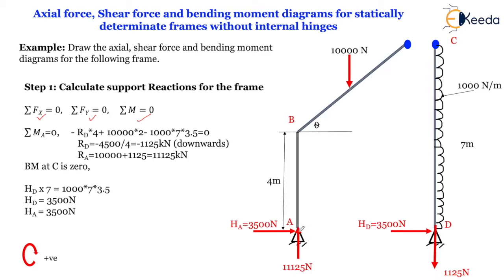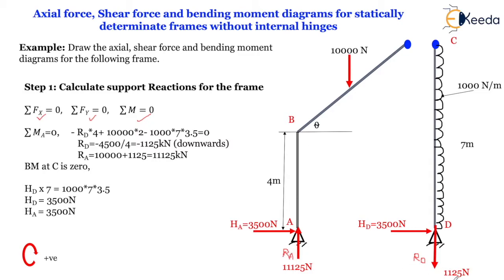Now when we consider moment about support A, what all forces are there? For that, when we have to calculate support reactions, then we need not separate this. We need not consider this part. We have to consider the whole frame. Now just see what all forces are available here. So moment about A, we have RD. We have this reaction RD here. Let us write it RD. This is RA.